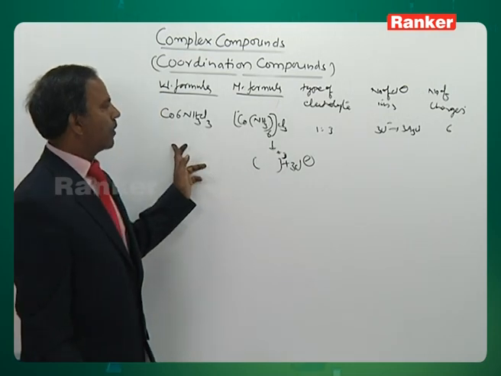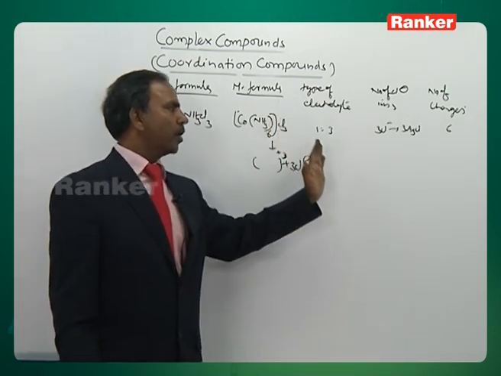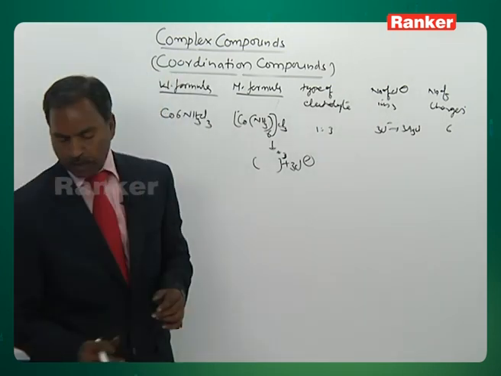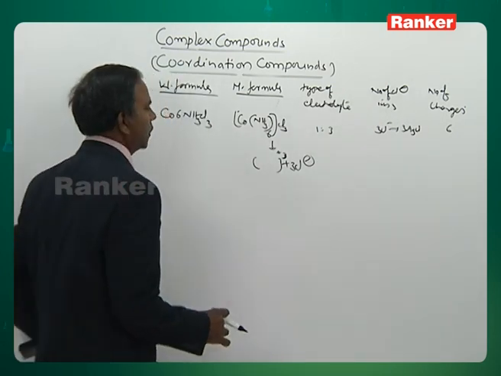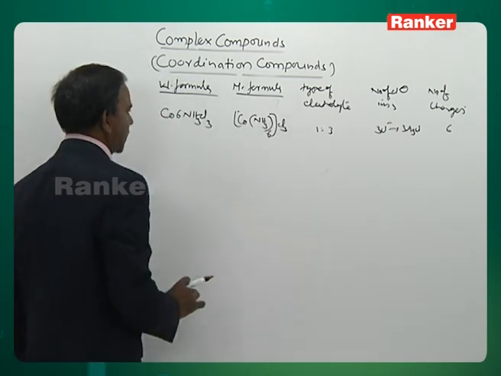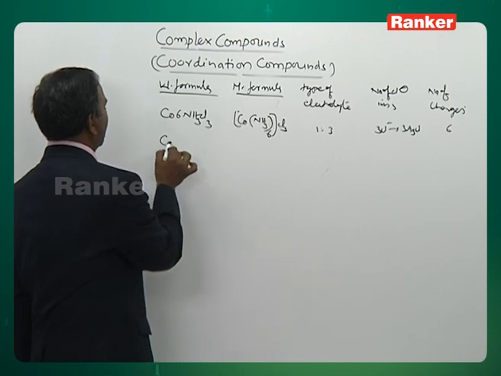Like this, for each complex, the modern formula, type of electrolyte, number of chloride ions and number of charges you can easily see. Let me take one more complex, a cobalt complex. The other 3 types of complex I write on the board. Now Co,